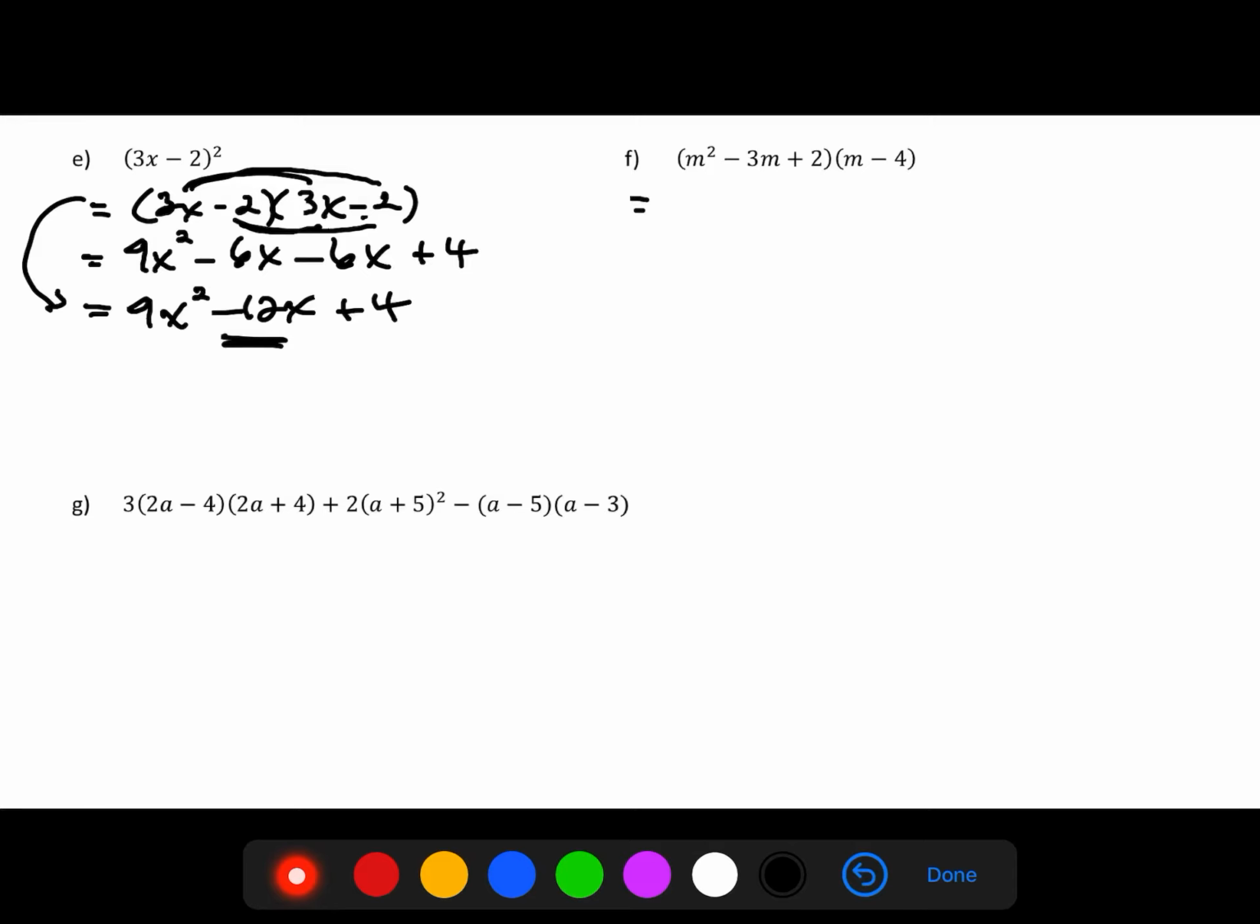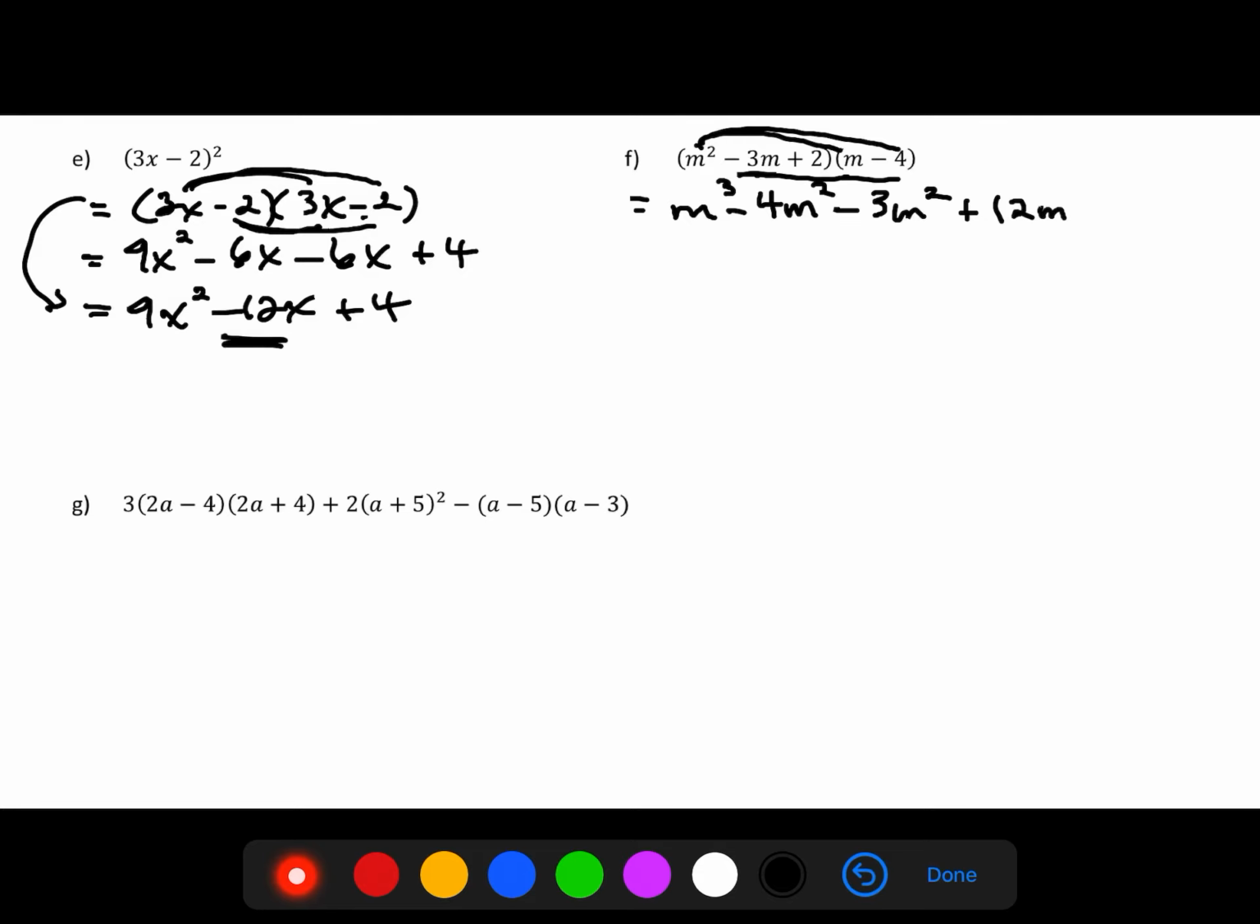Now, part F, we're still going to follow the distributive property. It's just that now we have to multiply that second set of brackets by 3 different terms. So we're going to have our m squared times m gives us m cubed minus 4m squared. Now we're going to take a look at our negative 3m times everything in the second bracket. So we're going to get minus 3m squared, and negative 3m times negative 4 means we're going to have plus